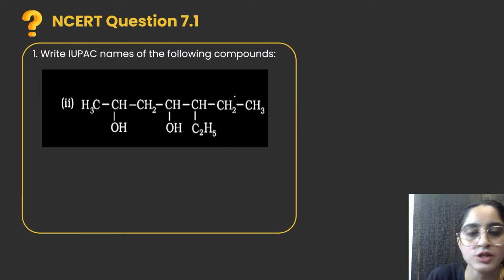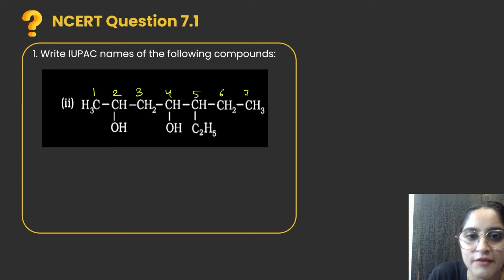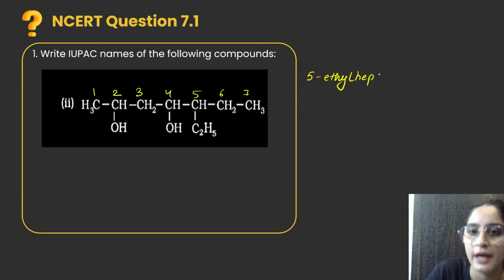Next question is this one. So here again I have to select the longest chain. So I'll definitely select from this side because I need to give the functional group the lowest numbering here, right? So it is 1, 2, 3, 4, 5, 6, 7, right? Okay, beta? Yes, beta. Let me see. Am I visible now? So beta, see. On the fifth position, you have an ethyl group, right? Then beta, this is hept. Heptane because there is no double bond, triple bond, right? So heptane. Then beta, on the second and on the fourth position, you have diol.